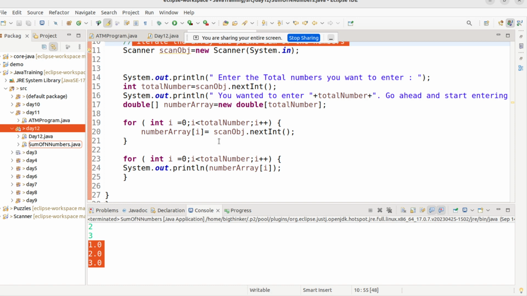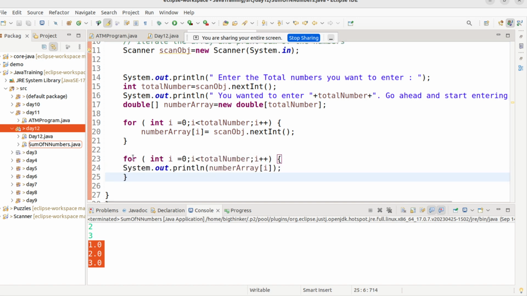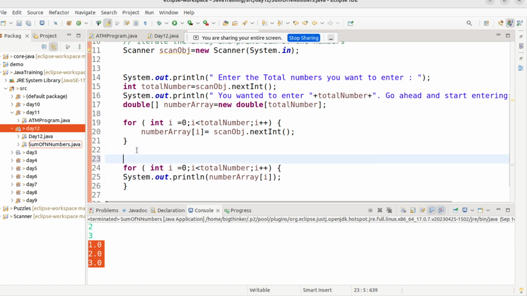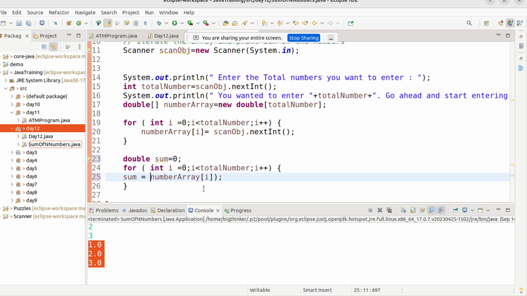We have a for loop here to print all the elements in the array. So we can declare a double sum equal to 0, and inside we can just add sum equal to sum plus